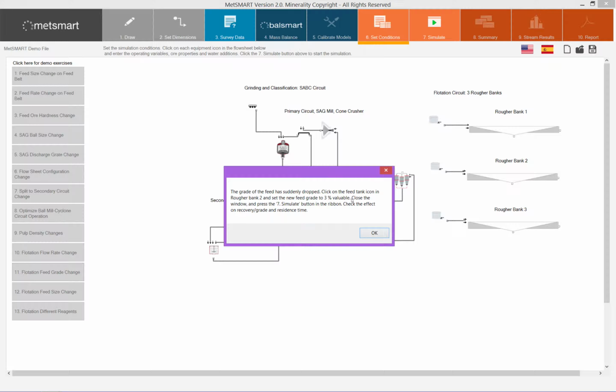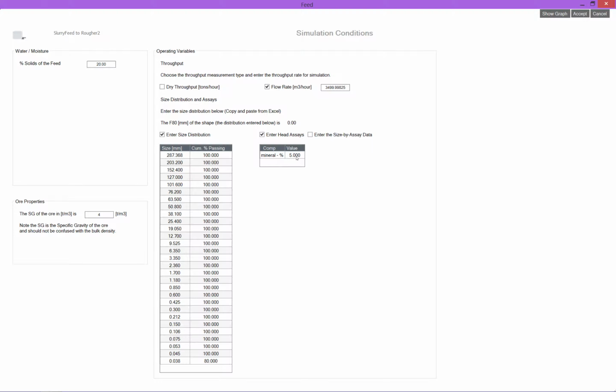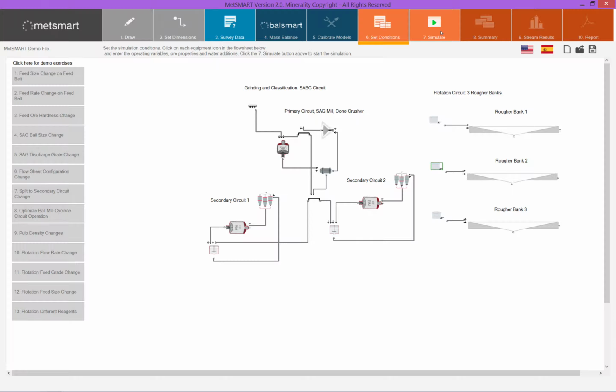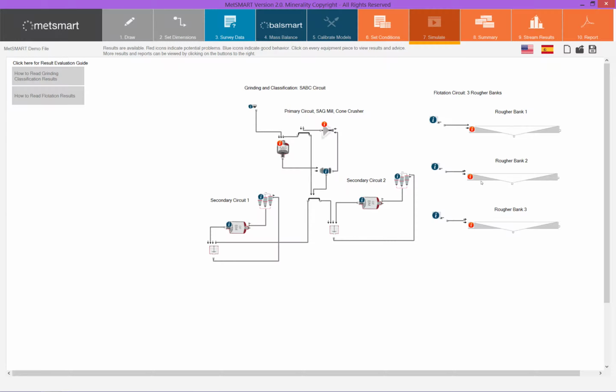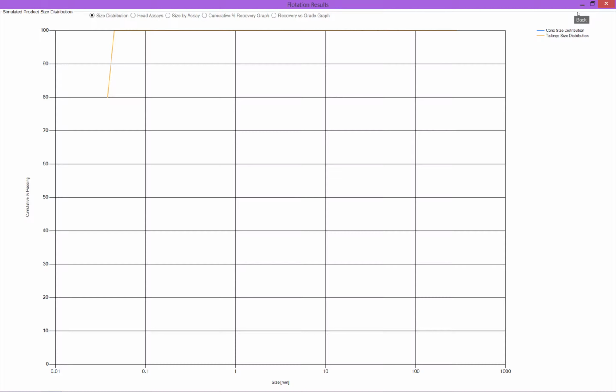Click on the feed tank icon in Rufferbank 2 and set the new feed grade to 3% valuables. So currently I have 5% valuables in the feed. So when I do a simulation, again I will see a red button and I have a problem in the slow floating ratio. So what this means